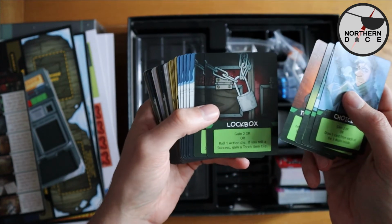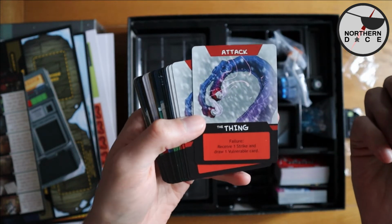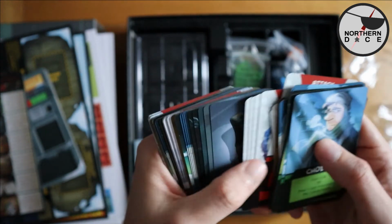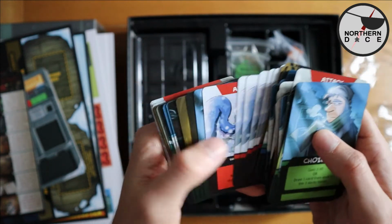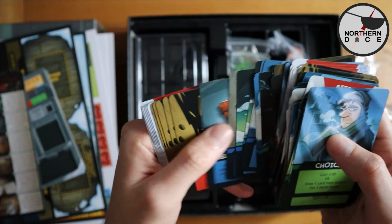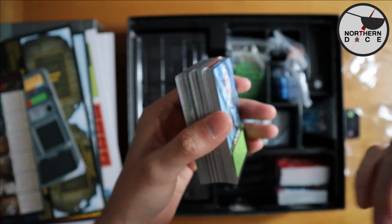And it's just things that you can do, choices that you can take, or things that you might find. An example of the thing, which I probably don't want to draw. Geographic maps, all stuff to help you towards fueling that helicopter. I imagine when you get attacked by the thing, you do need to acquire the